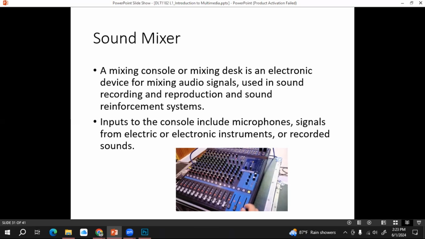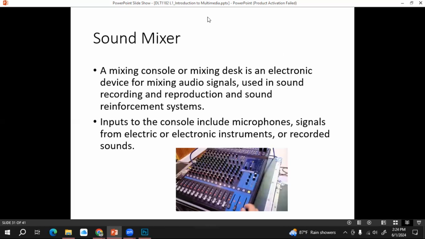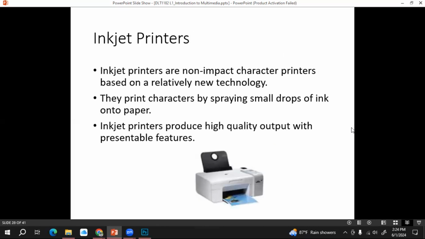It allows us to collect different signal channels and integrate them as a single unit, and we can provide all of the signals as a single output. It is also used to record sounds, and we can use these mixers to improve the quality of the sound, right? We can do those things by using sound mixers. Right. I hope these are the things that I want to discuss today, right?